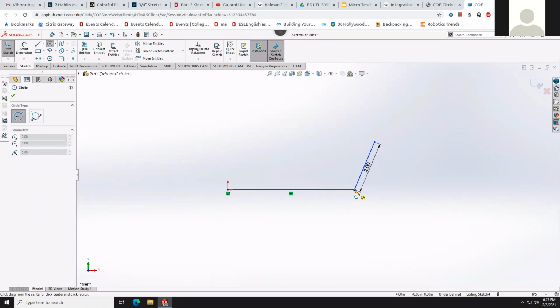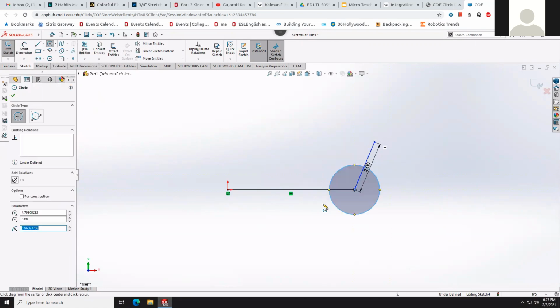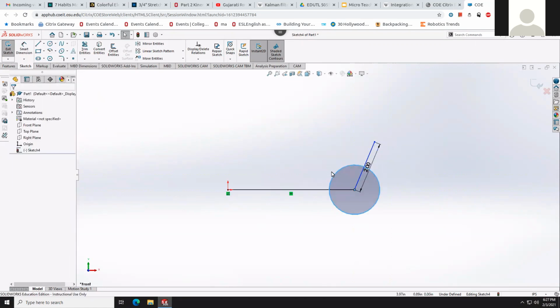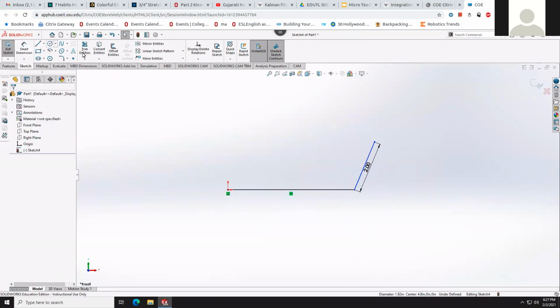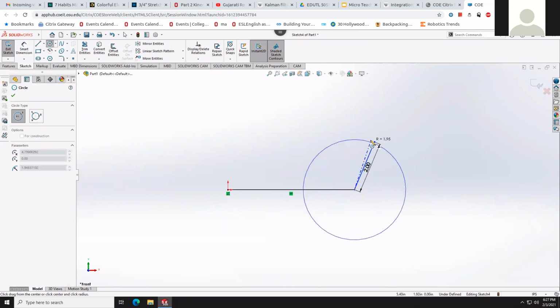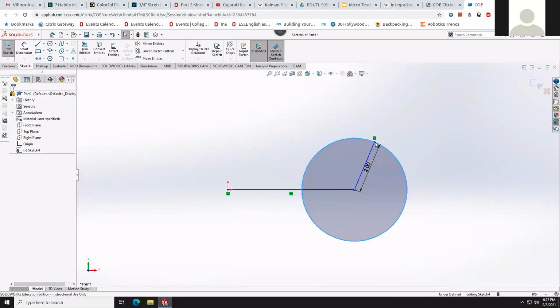I'll make a circle, and that would be the trajectory for the endpoint of the rocker. This will help us as we move ahead to sketch the coupler